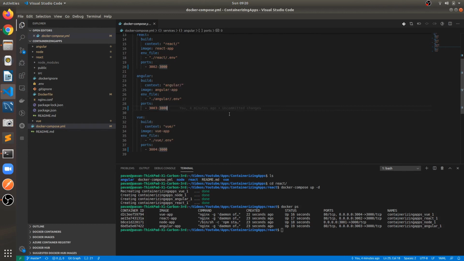I have used Nginx as the reverse proxy for serving static files. You can use any other as well. There could be multiple methods to serve these static files, but right now in this video I have used Nginx as the proxy server. There is another option, Apache. We can use Apache as well, but generally what is recommended is that if we are serving static files, then Nginx is the best. If we are serving dynamic content like server side rendering, then Apache is recommended. That's why I have used Nginx here.